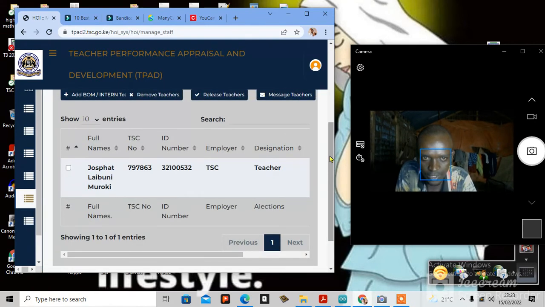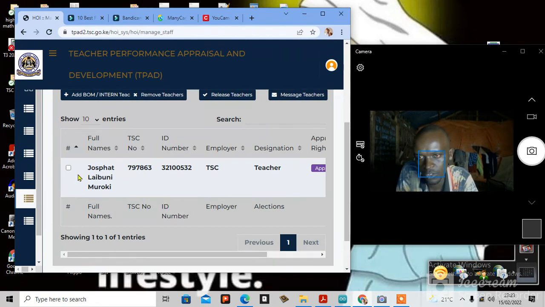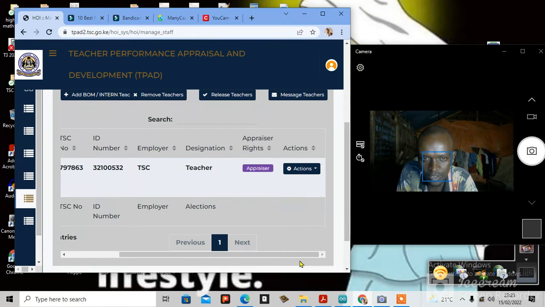For you now to assign the right, you must check that box at the start of where we have the full names, then move to the farthest right side. You push the page until you are at the end. Then you can see this teacher is an appraiser of the institution, as he has been given the right by the head of institution. Clicking on the column of actions, you can see